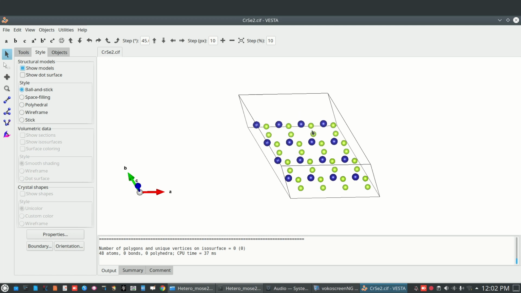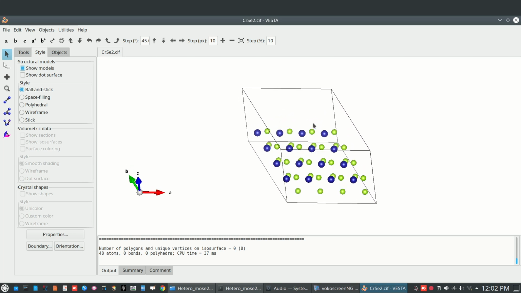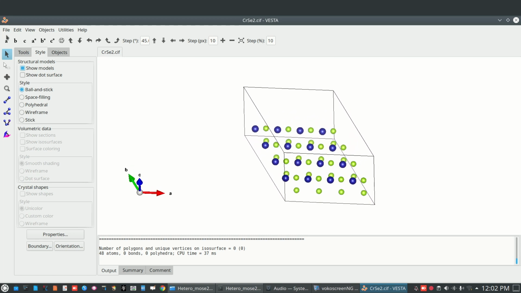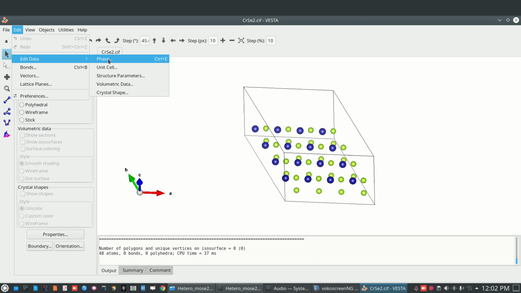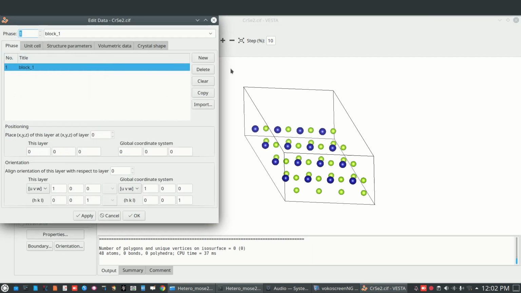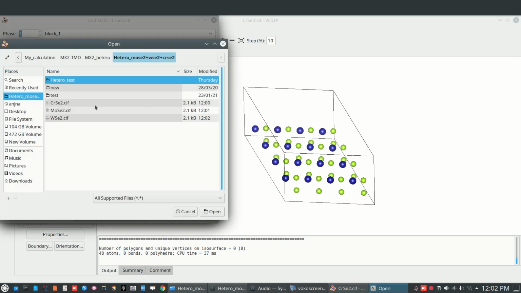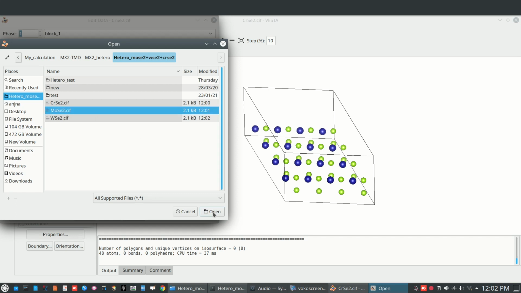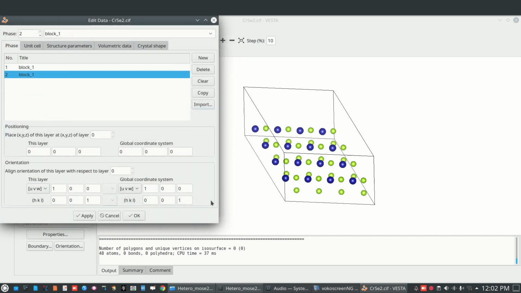So this is CrSe2 structure. Now I'm going to edit phase, and that phase is imported from here, that is MoSe2 zip file. Okay, open, and I want to place this along